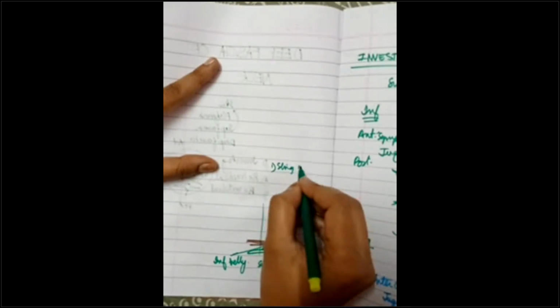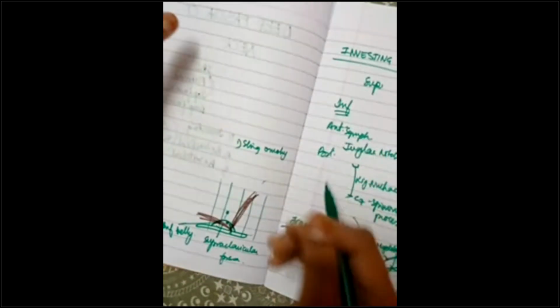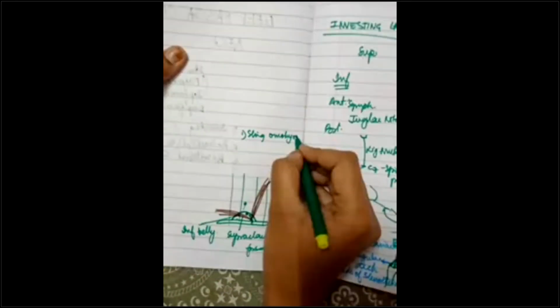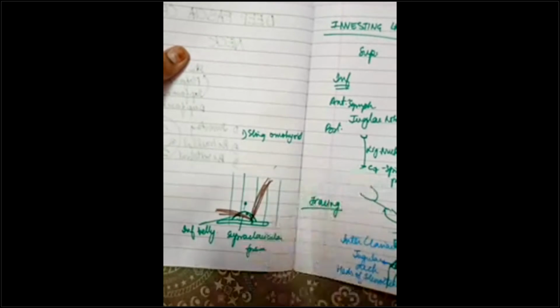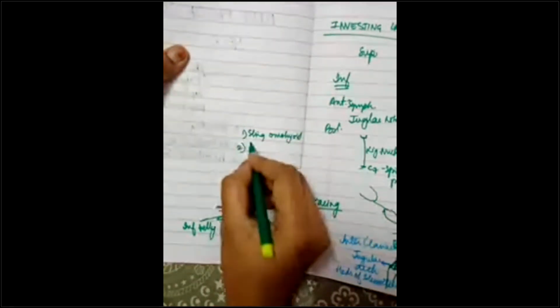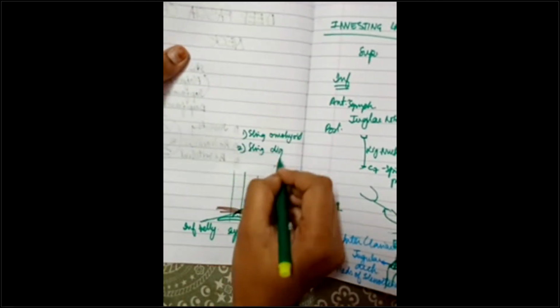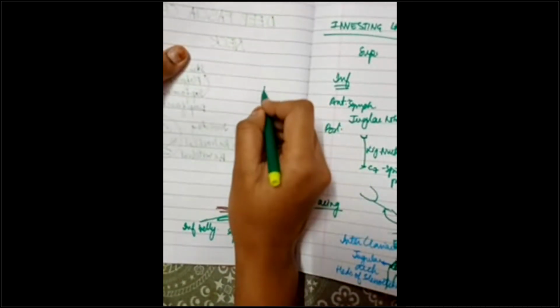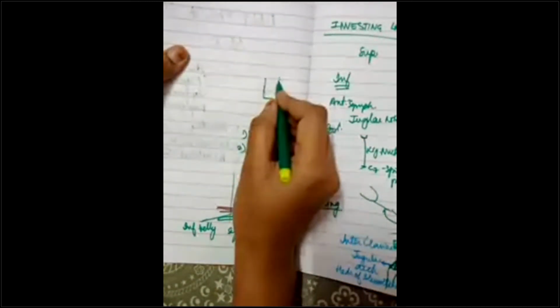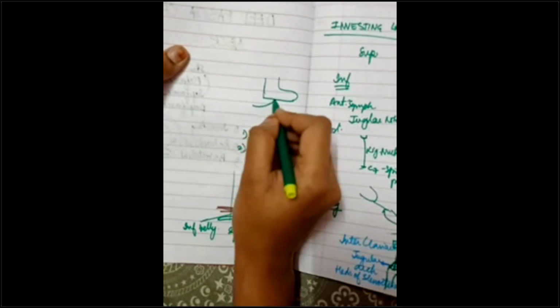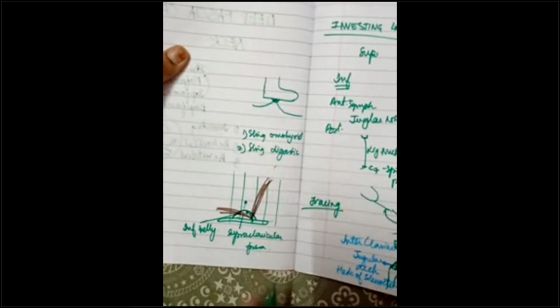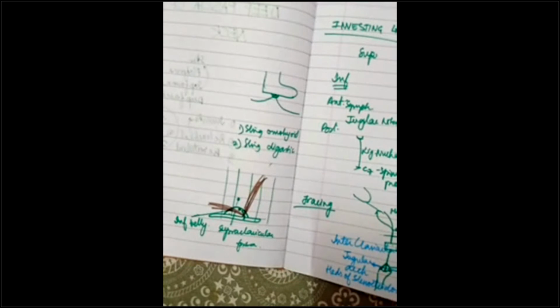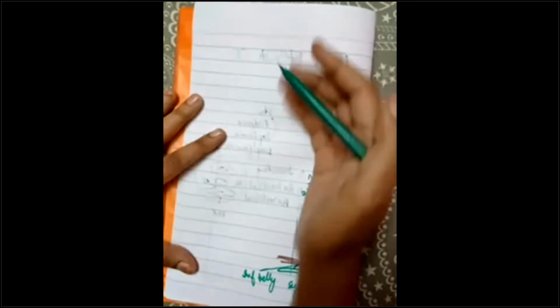It forms, first we have seen, a sling for the omohyoid muscle, and dividing it, your 2 bellies are held together by that sling. It is attached to the bone and kept like that, like a keela. You are pinning it up there. Then it will also form a sling for your digastric. Digastric also has anterior and posterior belly. So where it is hinging, it is putting it around the mandible. Here it will attach it to the mandible. Okay, digastric slings done.